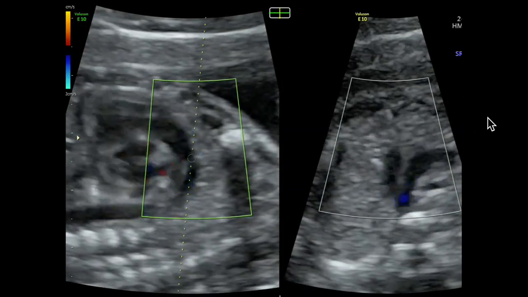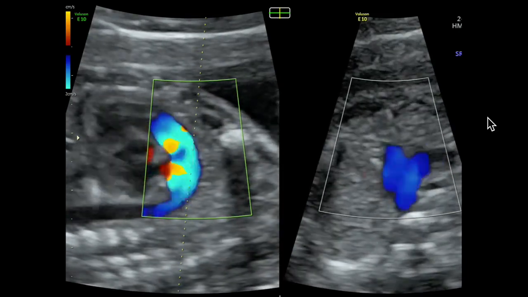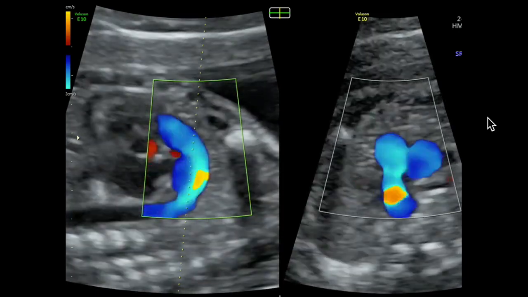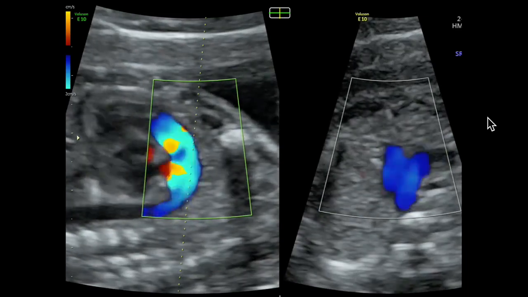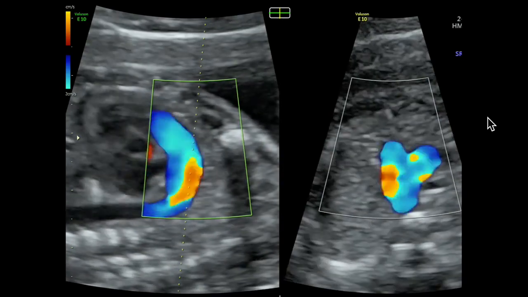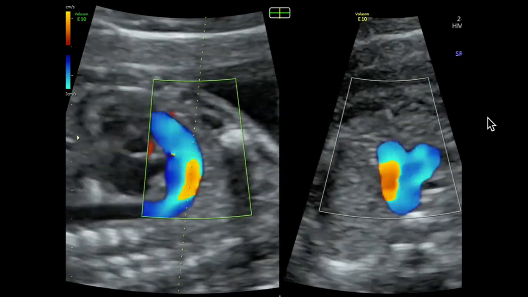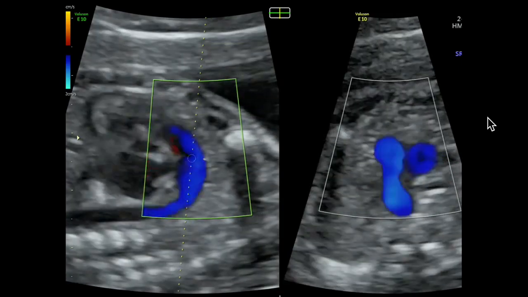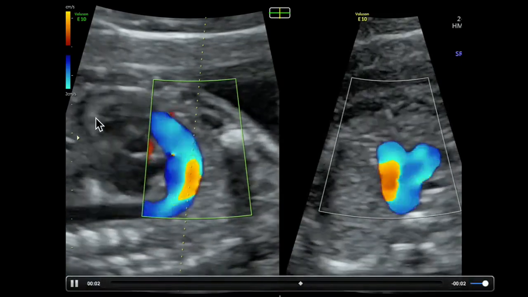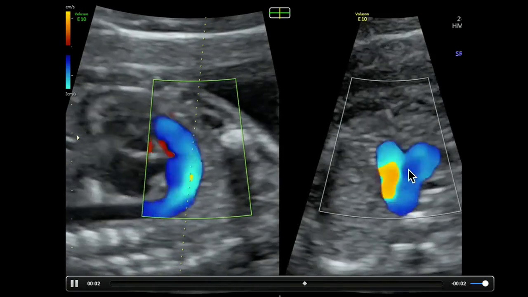You can use it sort of interchangeably on arches to reproduce 3-vessel view from longitudinal arches and vice versa. So, for example, if you're imaging a late 3rd trimester fetus, and you can pretty clearly always get a 3-vessel view, but you may not be able to get longitudinal arch views, you can use this technology to really flip you 90 degrees and reproduce. Here from a ductal arch, I've reproduced a 3-vessel view,